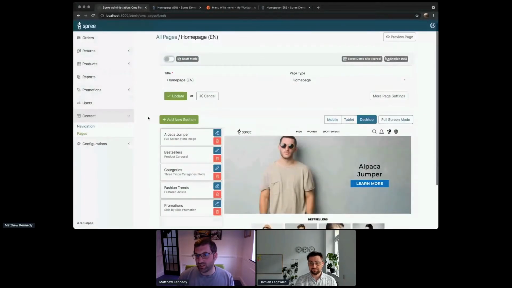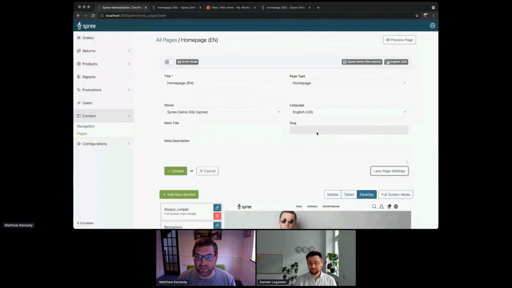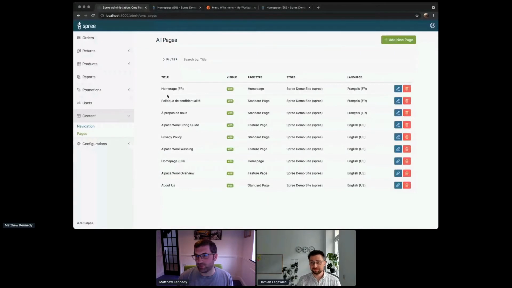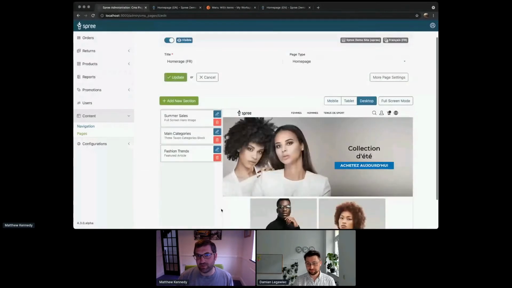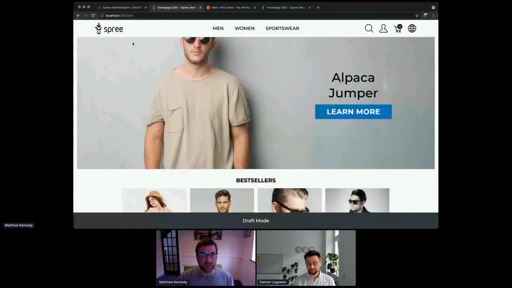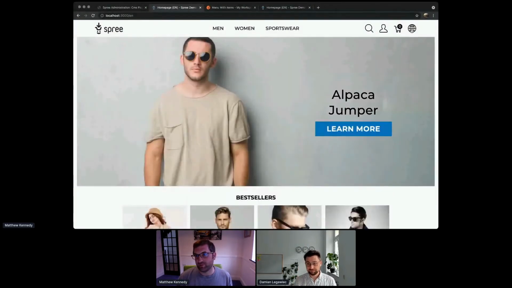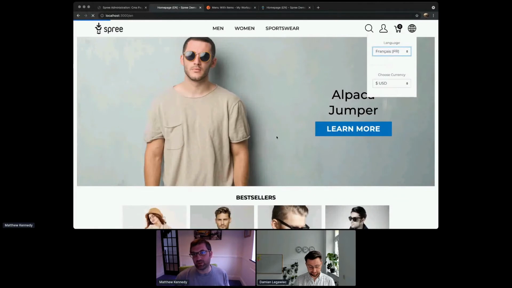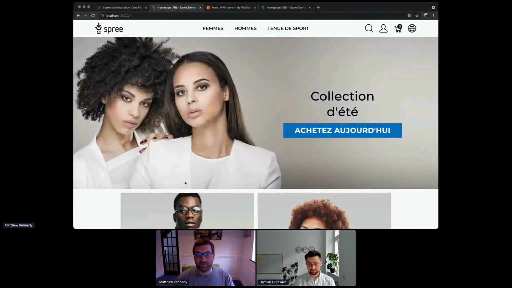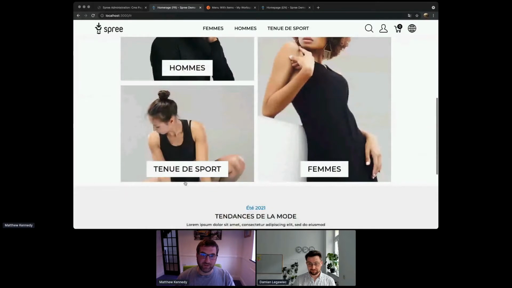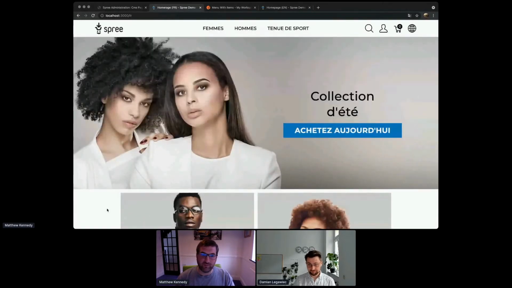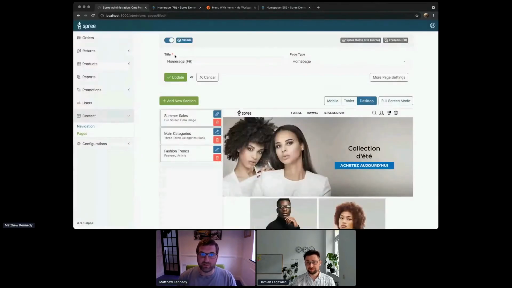Let's have a look at the more settings. Obviously, we don't have a slug for the homepage, but as you'll notice, you've got languages for homepages and stores. So let's now take a look at the homepages in different languages. Here we have the French version of a homepage, and you'll notice it's different. Let's check out how it works on the homepage. Let's just refresh that first, get the draft mode away, and look at the French language version. As you can see, the French homepage loads up lovely, and we've got the French menus. Perfect. So that's the home pages.